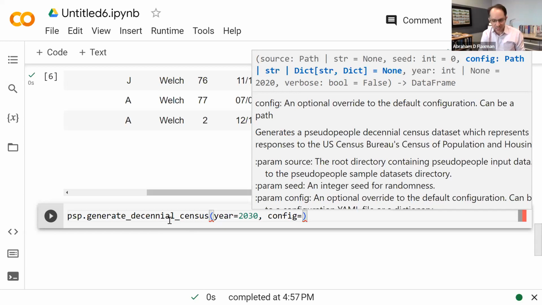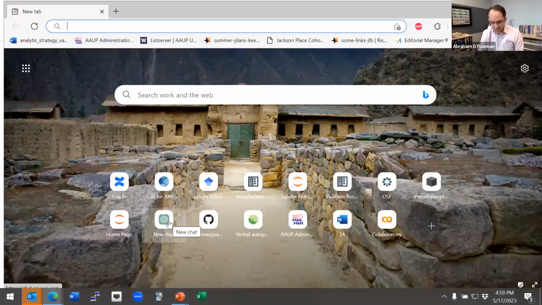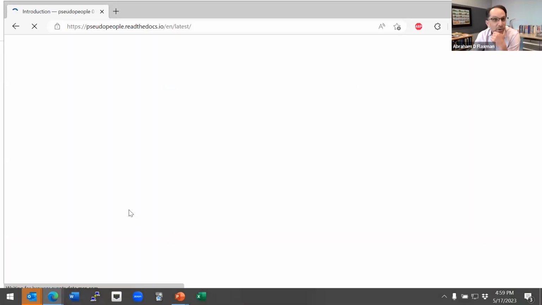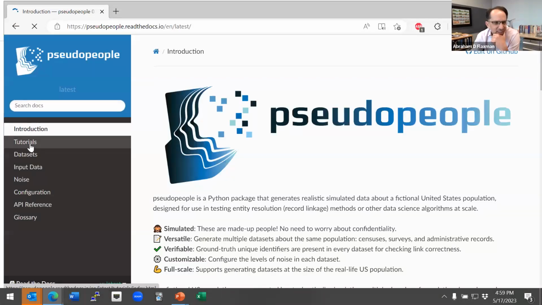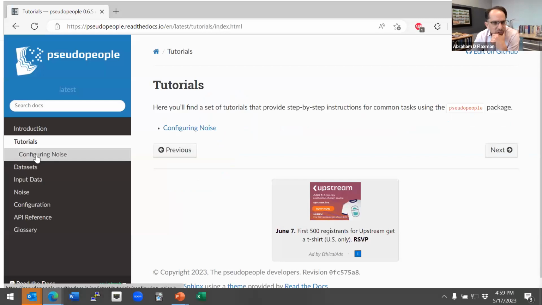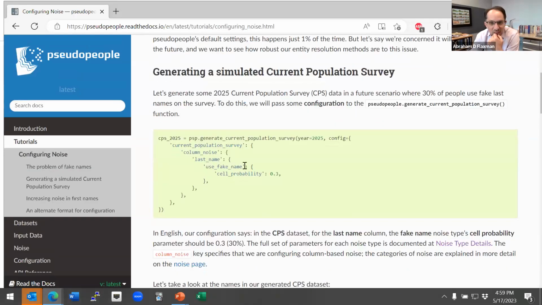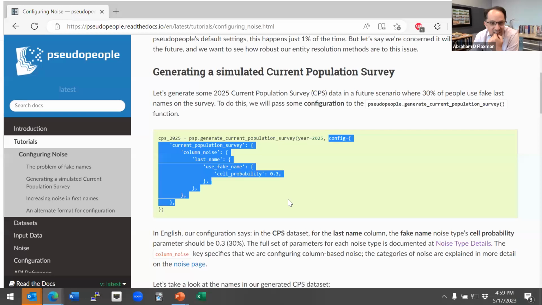So whenever I do this, I spend a second going to the pseudopeople docs at pseudopeople.readthedocs.io, where I think if I go to a tutorial about configuring noise, there's just a little block of code that I want to copy in there. And it says, okay, here's a ready to use dictionary.